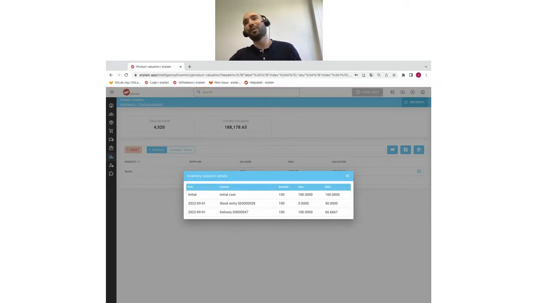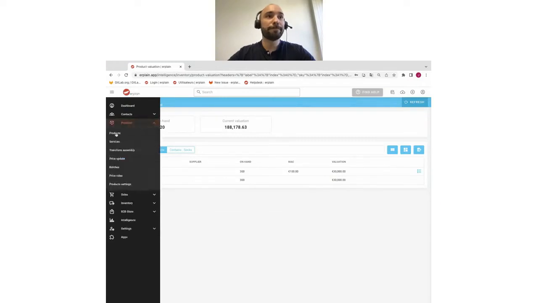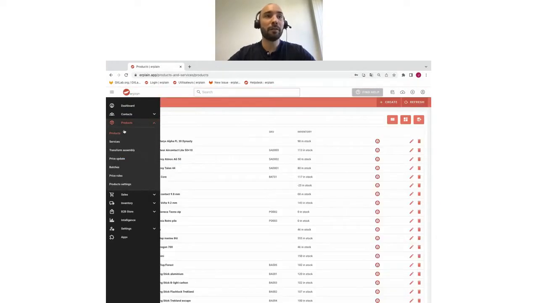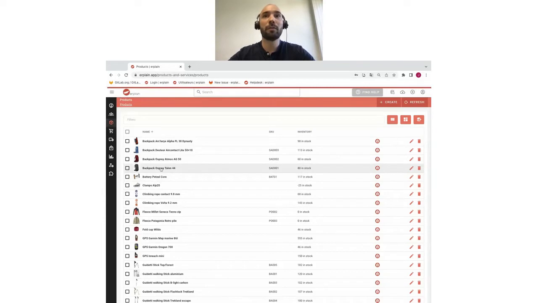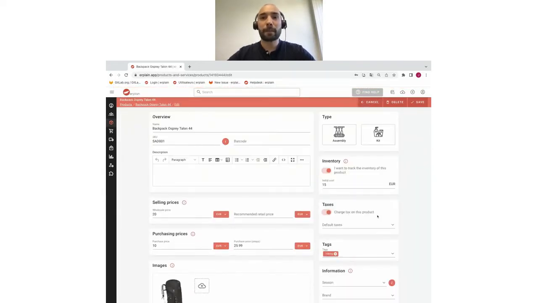Special mention also for those of you who forgot to add the initial cost to their products. Just know that this is something that you can update even if the product is already created. So for example, let's open any product from my list. Right here, we can open any product. Go to edit. And here is the initial cost field, so I can just change the value of the initial cost right here